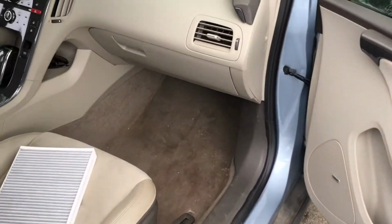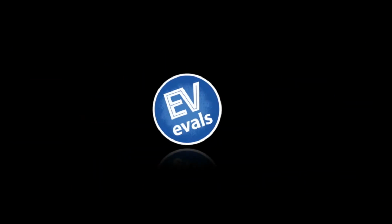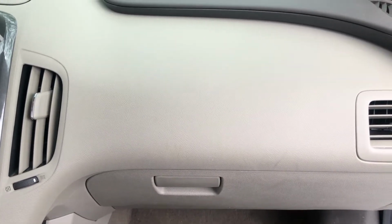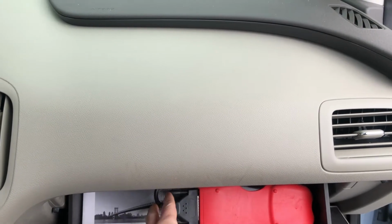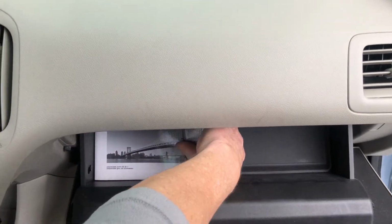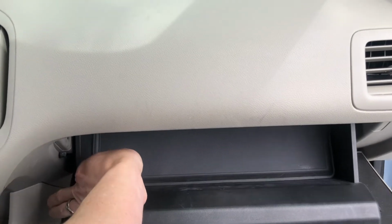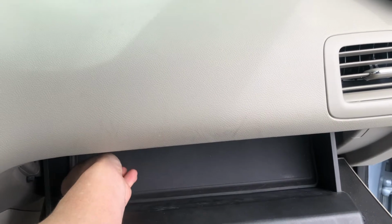Today we're going to do just a quick video on changing out the Chevy Volt cabin air filter. First step, you have to go into your glove box and empty everything out. Step 2, remove this plastic lining